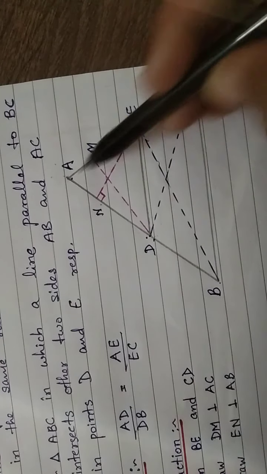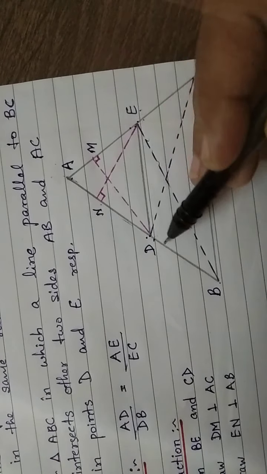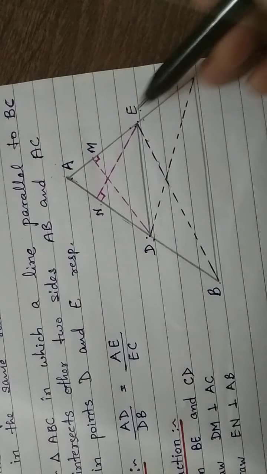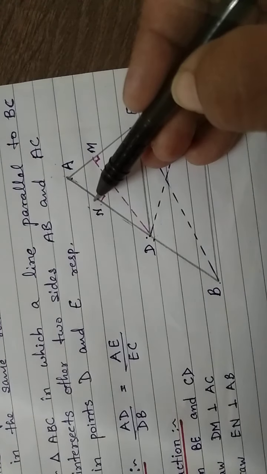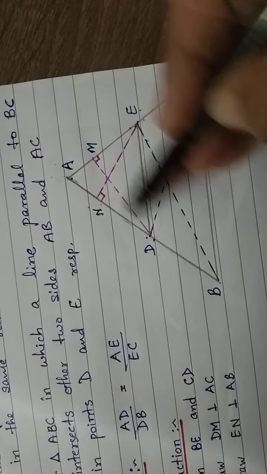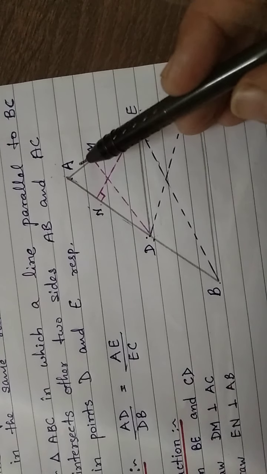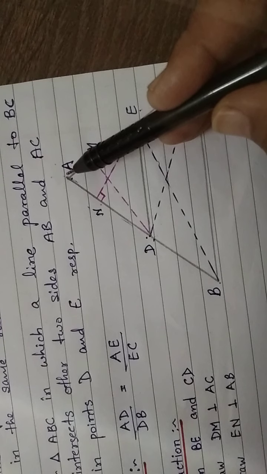In triangle ADE, I am considering the base AD. Which is the perpendicular on the base AD? EN. EN is a perpendicular on the base AD. So therefore, if I want to write the area of the triangle,